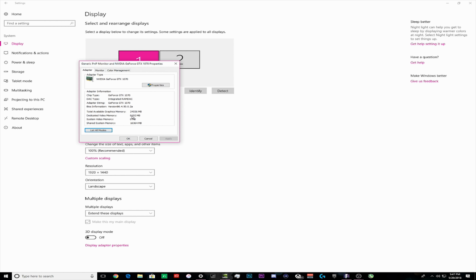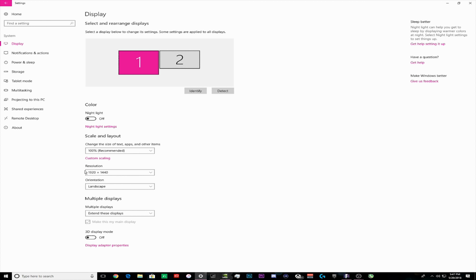Once you confirm that you are on the right resolution and refresh rate, just make sure you go to the Monitor tab and see the screen refresh rate. And it looks like we have everything we want. We're upscaled to 1920 by 1440, and we have our 240 Hertz. So we are set to go, and what you want to make sure you do is go to your Fortnite game,